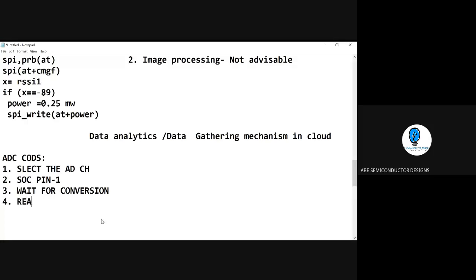First, read the data from the ADC pin and do the manipulation. You have to convert into a real-time scenario. Sixth one is go for the analysis. This is one of the ADC codes which you can utilize.